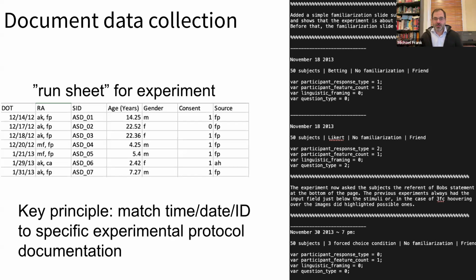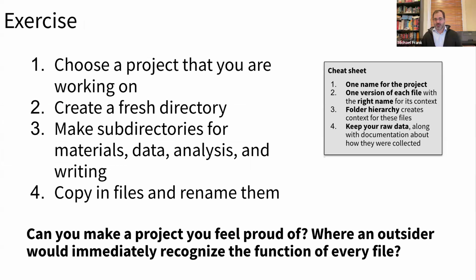Okay, all right, so we're now at the end of this principle section. What I want to do now is answer some questions while you do this exercise. And the exercise is the following. Choose a project that you're working on or that you have worked on. Create a fresh directory for that project and start copying things in to try to organize it as transparently and clearly as possible. So you don't want some huge sprawling project for this exercise, unless you just want to give it a try. Typically, this is like a single paper.